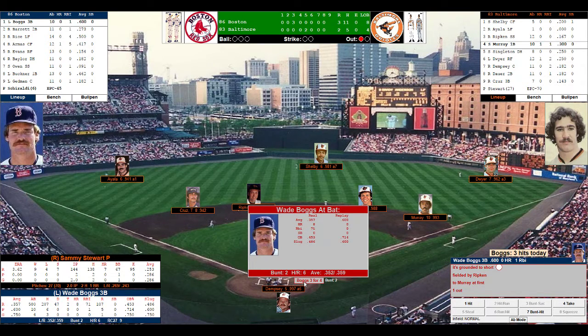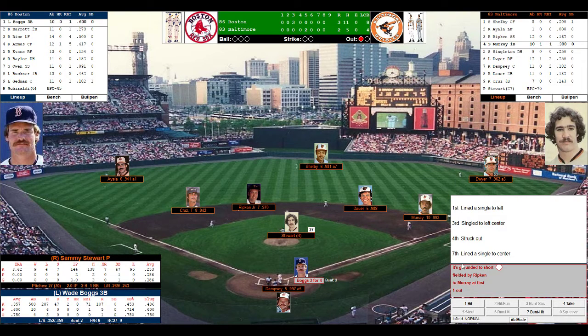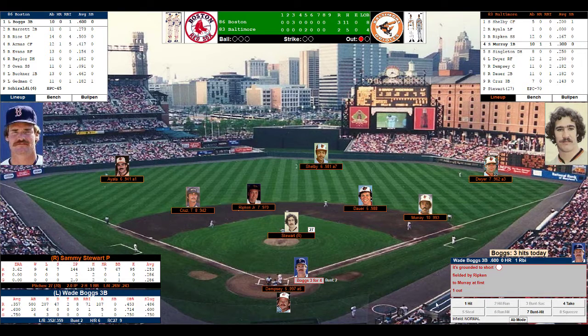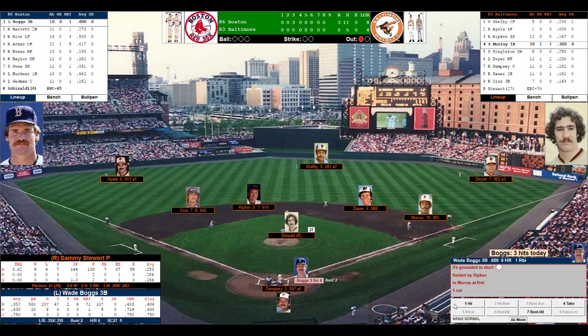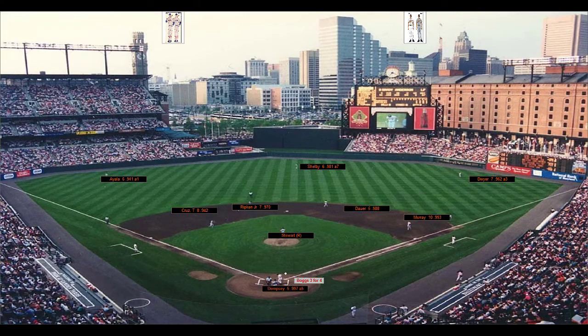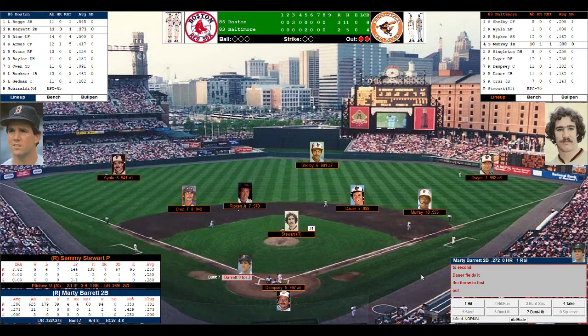That brings up Wade Boggs. Boggs is 3 for 4. Single in the first, single in the third, struck out in the 4th, single in the 7th. Like to get on here. Stewart up to 27 pitches. He's good for 70. Sets and delivers to Boggs. Boggs dribbles it to Dover, who throws to Murray. 2 up, 2 down. Stewart wants to keep this a 1-run deficit for the Orioles.